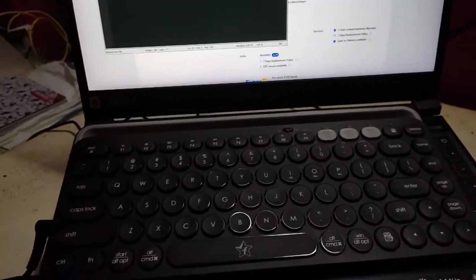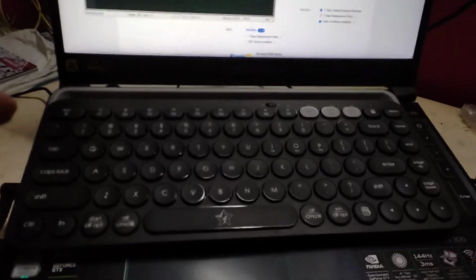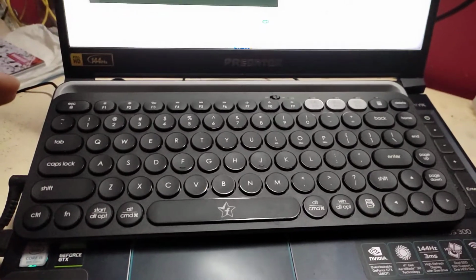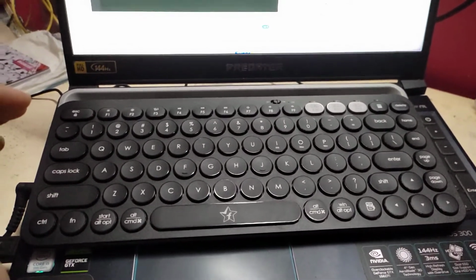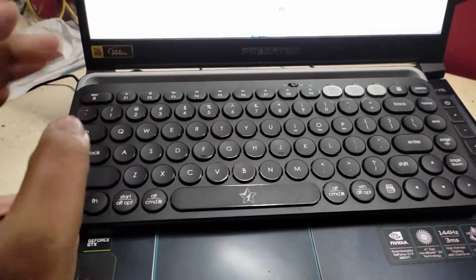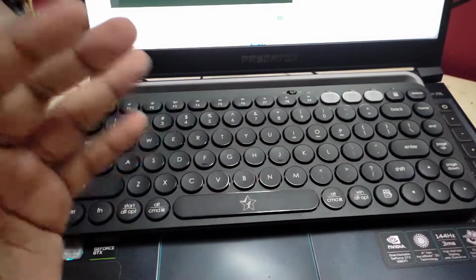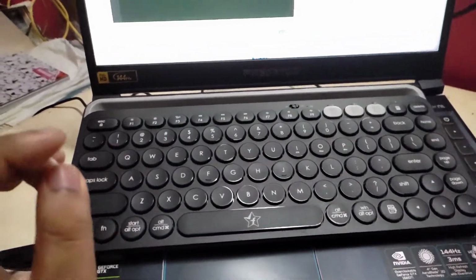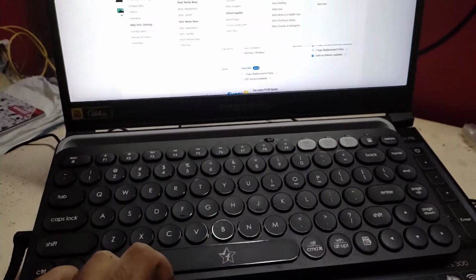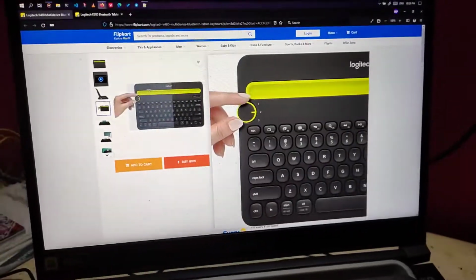So I have the Flipkart Smartbuy K931T keyboard with me. It's been around 3 weeks since I got this keyboard, and I've been using it thoroughly since then. I would like to discuss the few pros and cons that I found in this keyboard so as to guide new buyers correctly. So the first thing is that this keyboard is very similar to these two keyboards, the Logitech K480